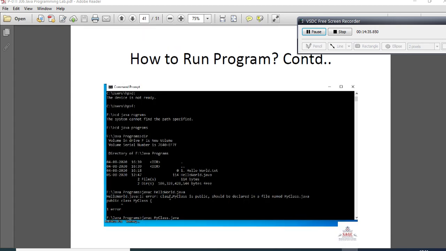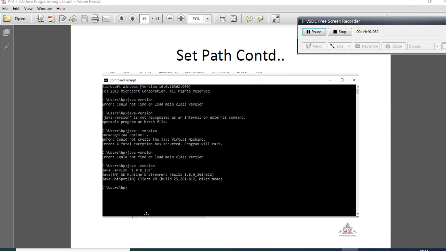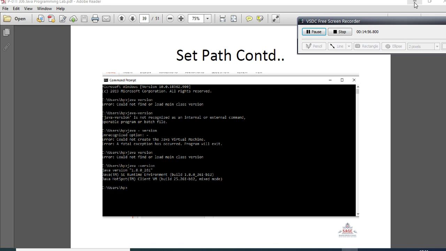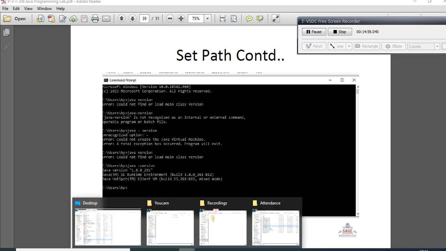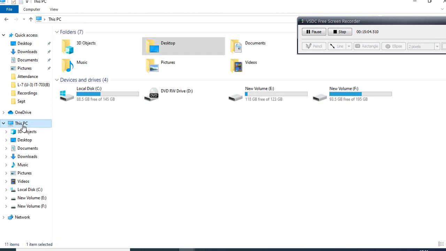Earlier I discussed that you click on This PC. Inside This PC, I will go to the Control Panel. First I will go to the Control Panel. I open the Control Panel. Inside the Control Panel, it is the same Control Panel. This was the Control Panel.